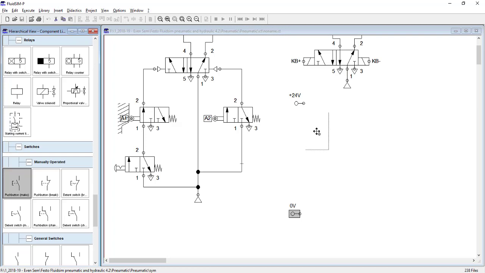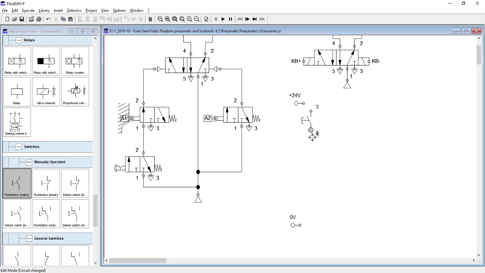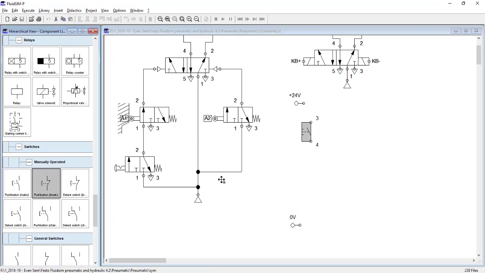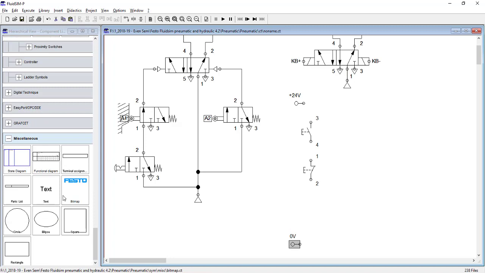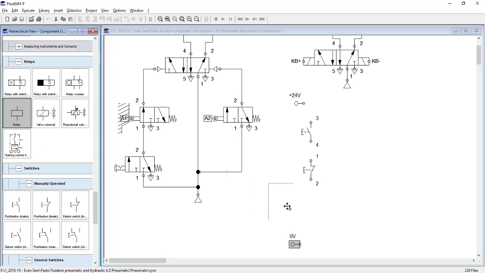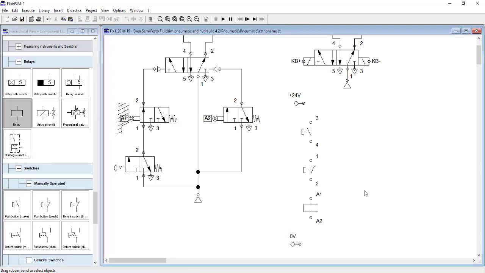Initially it will be start push button. I will explain all this to you, all these symbols, how to draw the circuit, what is the latching circuit, what are relays, how relays are used. Everything will be explained to you in the following lectures. Just look at it right now. Don't worry about anything else right now.